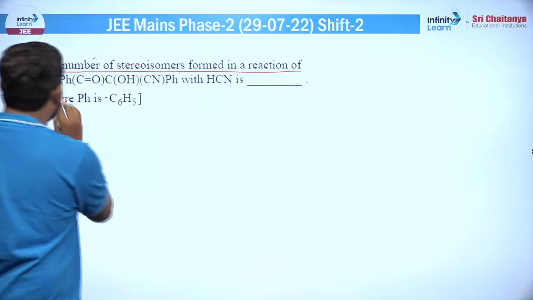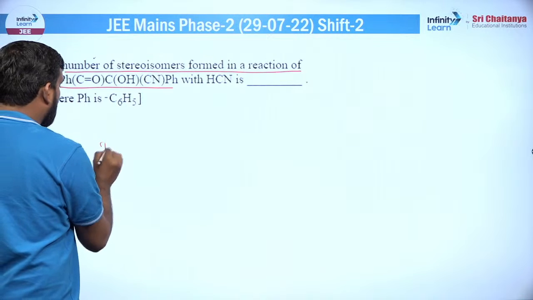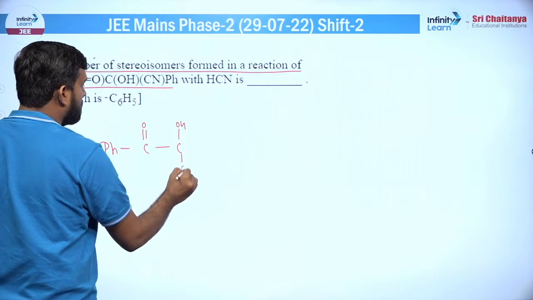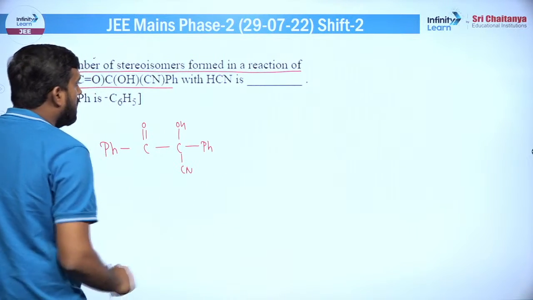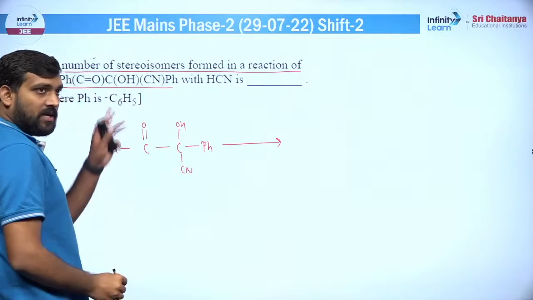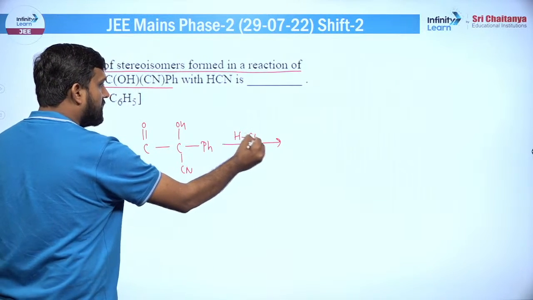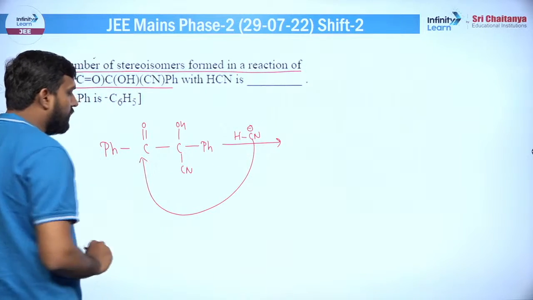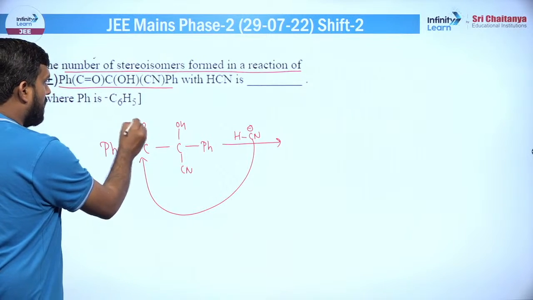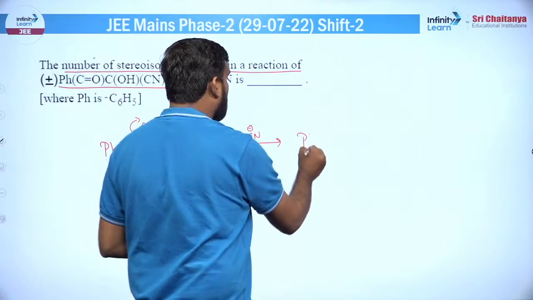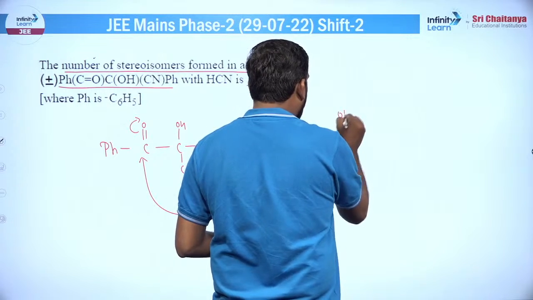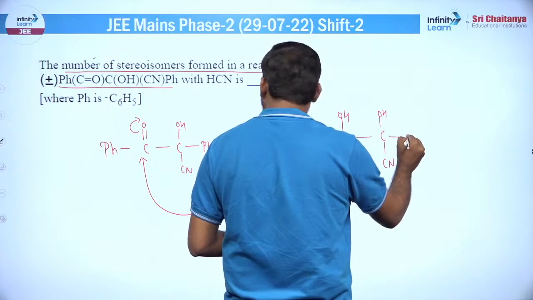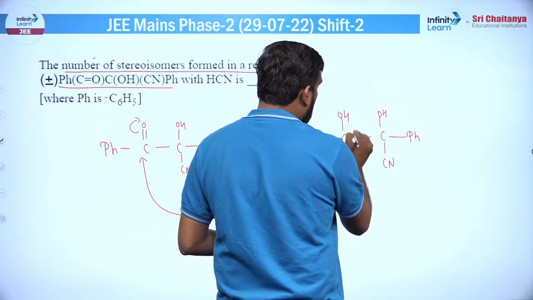आगे बढ़ते हैं, द नंबर ऑफ स्टीरियोआइसोमर फॉर्म्ड इन द रिएक्शन ऑफ दिस कंपाउंड। एक कंपाउंड है, PhCHO, कंपाउंड C बॉन्ड OH, इधर भी CN और इधर PH। इसकी रिएक्शन KCN से कराई हुई है। जैसे ही आप इसकी रिएक्शन KCN से कराओगे तो CN माइनस कार्बोनिल बॉन्ड पे अटैक करेगा, साइनोहाइड्रीन फॉर्मेशन हो जाएगा। ये बॉन्ड यहां से खुल जाएगा और वो H से जुड़ जाएगा। तो जो आपको फाइनल प्रोडक्ट मिलेगा वो PhCH(OH)CN जैसा आ जाएगा।